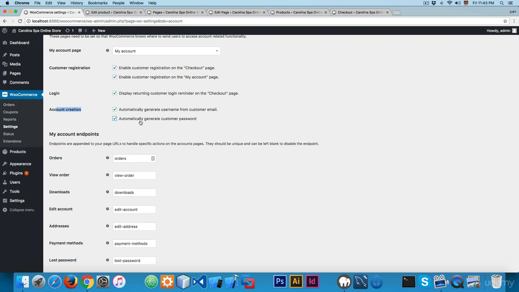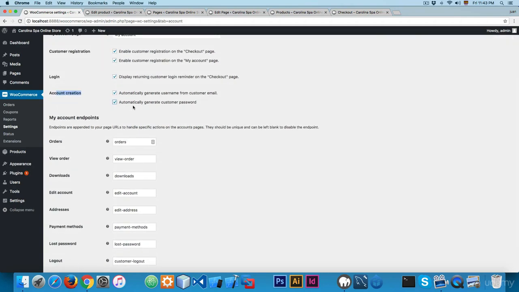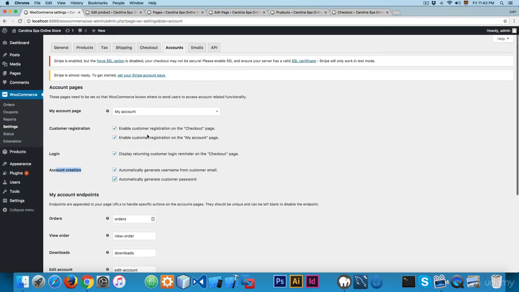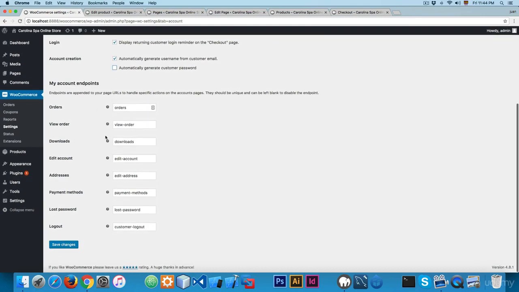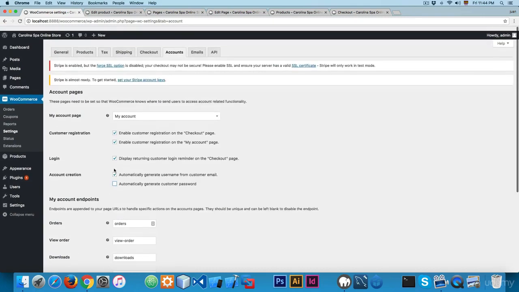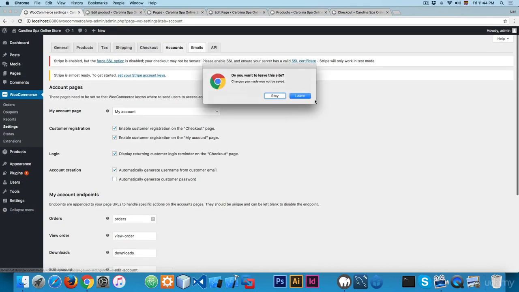A really strong password has a downside with the clients. If the password is really strong, maybe the user will forget the password, or they will find some problems logging in, and that way they are gonna cancel the purchase in the website. So you have to keep in mind this really well. Then you have the endpoints. Normally these are okay. So then we have the emails.